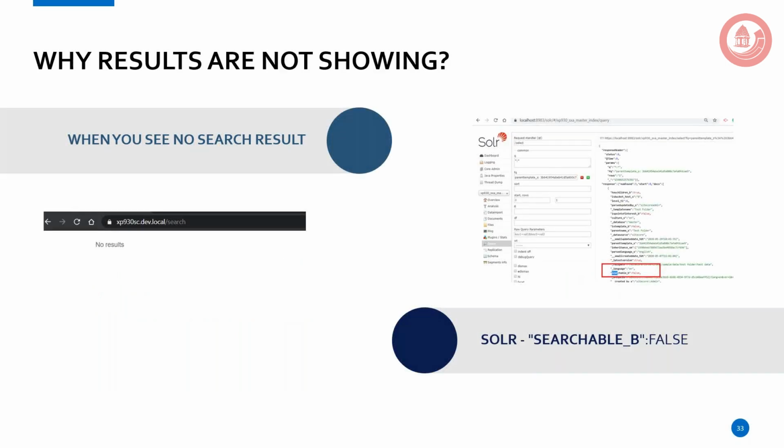Now here, sometimes you won't see the results on your pages. In that case, you can see on my screen, Sitecore has a field called searchable equal to false. So sometimes, if it is SXA and you're moving your data source to a data folder, you need to make sure that you add those data sources in your settings, and then when you reindex, you would be able to see that data.